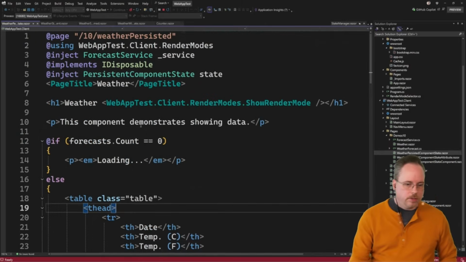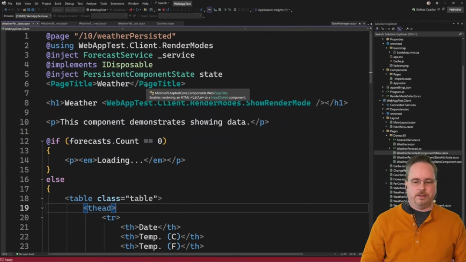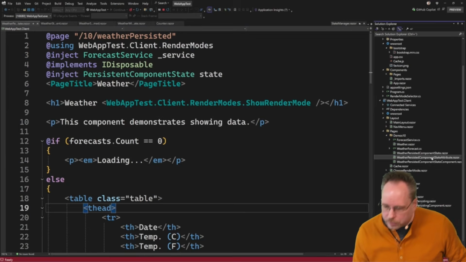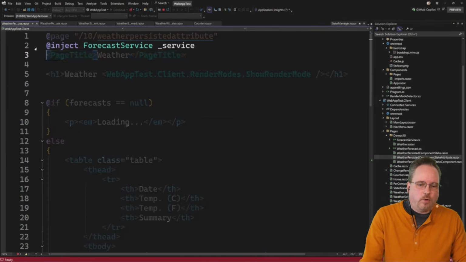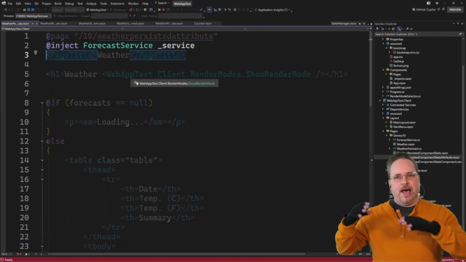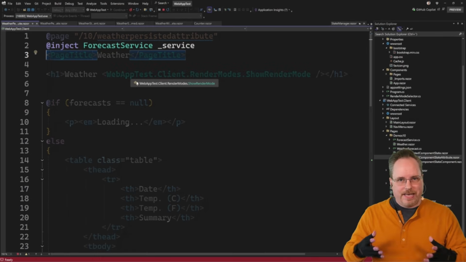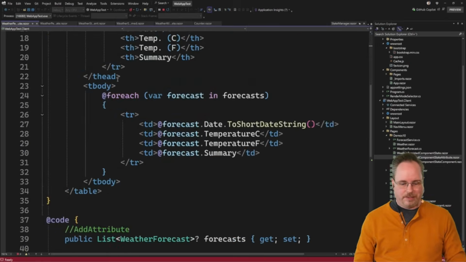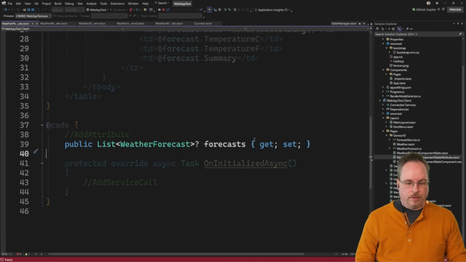So this component looks exactly the same as the other ones. There's a little bit of difference actually. Is this the right one? No, this one. So the difference here is that I have a forecast service. Basically, I'm getting all of that stuff and all the randomizing data, and I put that into a service instead. So we're going to get a little bit less code from there. And I also have a list with the weather forecast